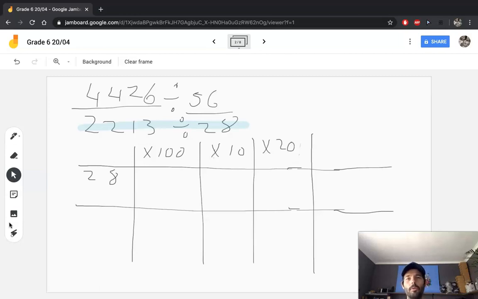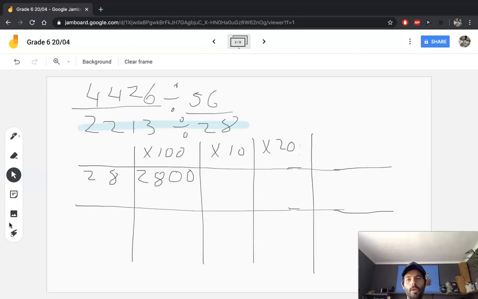Okay, so in the table below, I've drawn up a very rough multiplication table where I'm going to multiply 28 by 100, and that's going to give me 2,800. Now that's too much because I'm only looking for 2,213, but that's my starting point. Now I'm just going to try and subtract until I get close to